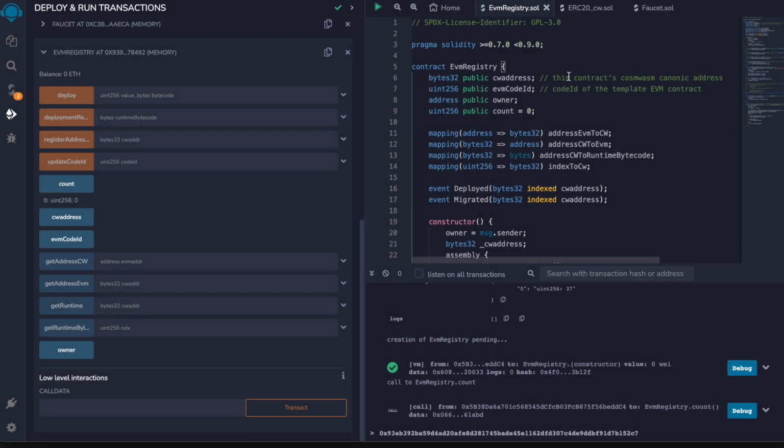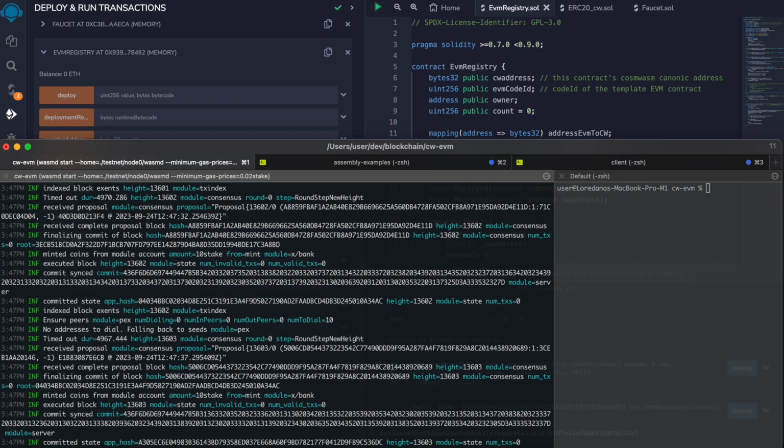But this EVM registry contract also has another function. It maintains mappings between the CosmWasm addresses, which are 32 bytes, and the equivalent EVM addresses of 20 bytes. The EVM address is derived from the CosmWasm one just by taking the last 20 bytes. So whenever we call another contract from Solidity, we always query the registry for the full CosmWasm address in order to emulate the call. So now I have here a local CosmWasm chain, and